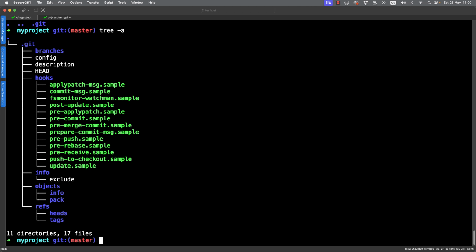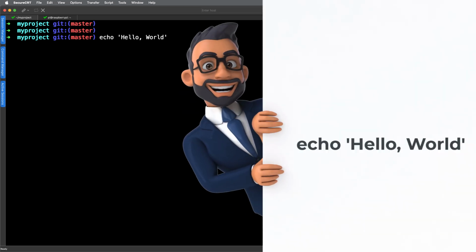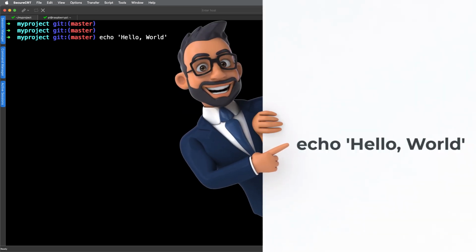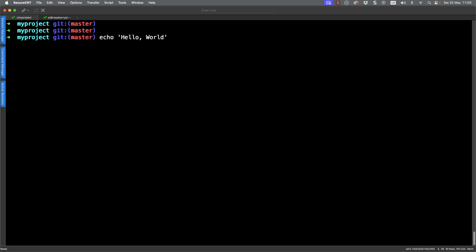But that said, this isn't a production Git repository. It's brand new, so we should be able to play around in this and actually learn how Git works. So first of all, we're going to use the echo command, and we're going to type in hello world. And so long as you type exactly the same as I type, same case, same comma, same spaces, you'll get exactly the same hash as I do.